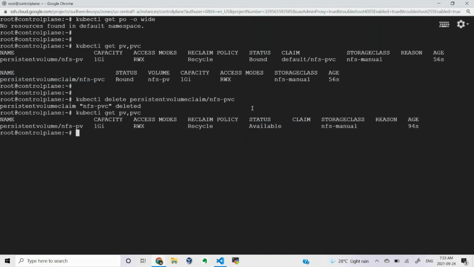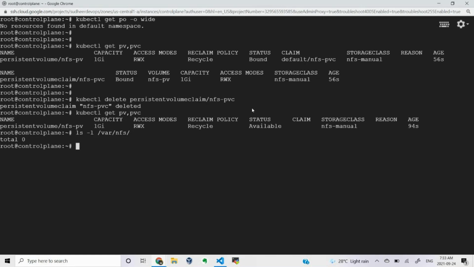So what happened to the data? Let's see. Where is my NFS? Where is index.html? It got cleaned up. Now it will make it like a new directory, and that's how it can be utilized. So this is called a recycle policy. Hope you understood. It is like cleanup. It will do a cleanup, and now the disk will be like a new disk, and that will be shown as available. After that task is done, your PV will show automatically as available. So this is called a recycle policy.